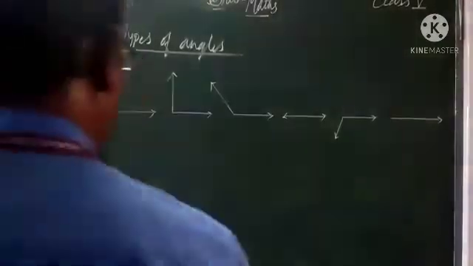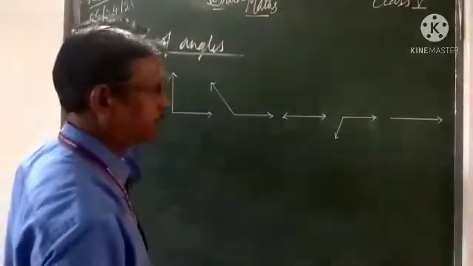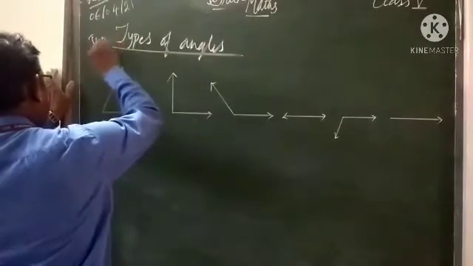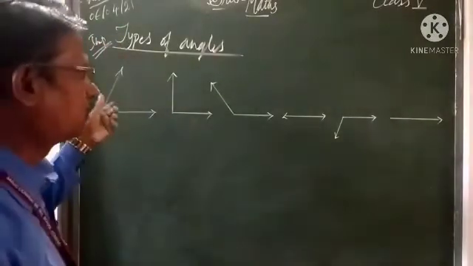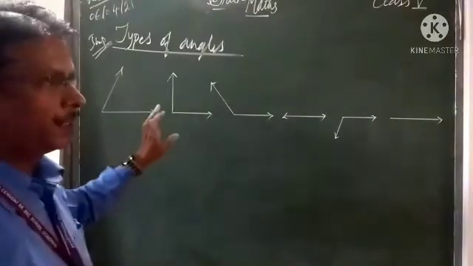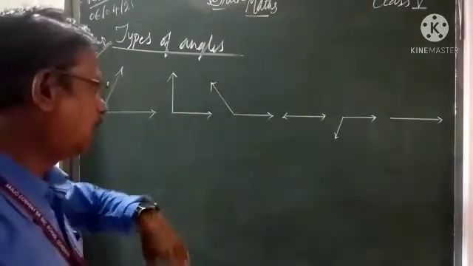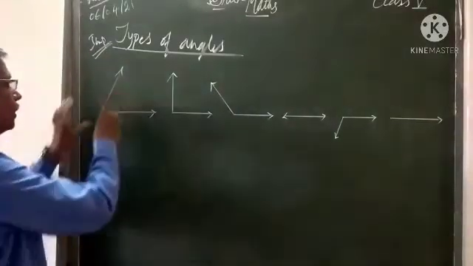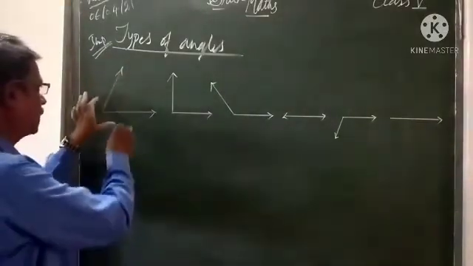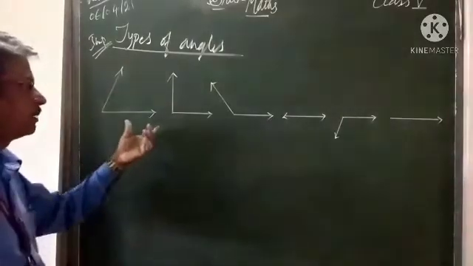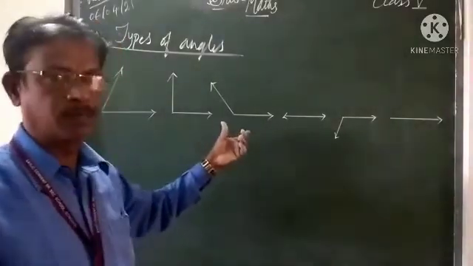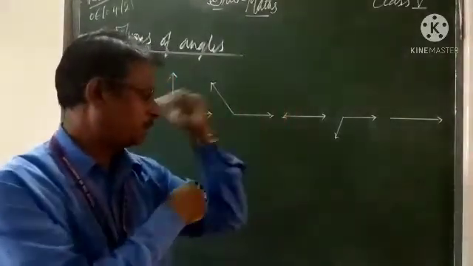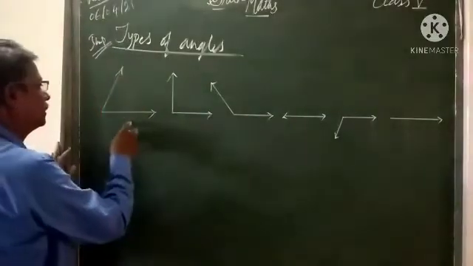Now we have to study types of angles. There are different types of angles. This is an important topic: types of angles. By just looking at the diagram we can identify, or by using a protractor to measure that angle, we can find how many degrees we are getting. Now, the opening of this angle is small. Many examples of angles are there. For example, the opening mouth of a bird's beak. In our body parts also we are getting angles.